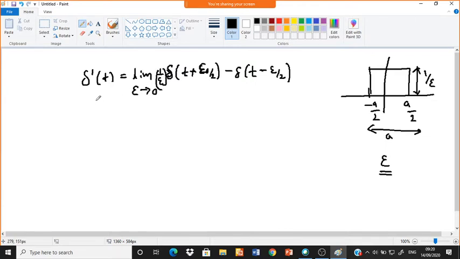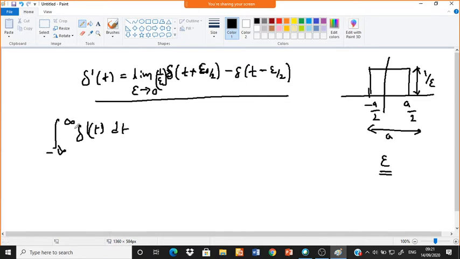Okay. So this is the first derivative of the impulse. Similarly, you can take the nth derivative, which we can apply to find the derivative of the signal x of t. For example, if you integrate from minus infinity to plus infinity of del dash of t dt, the derivative of a constant is always 0. You know the impulse function at t equal to 0 becomes 1, so 1 into dt will be constant, so it will be 0.